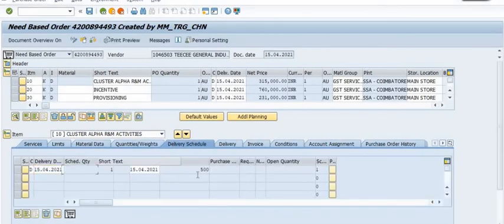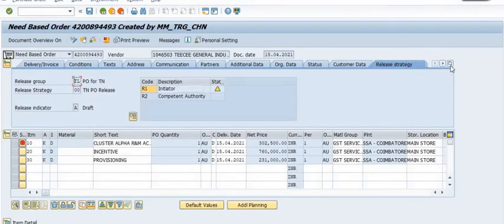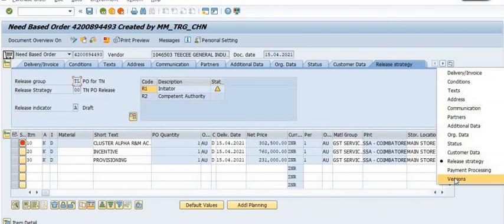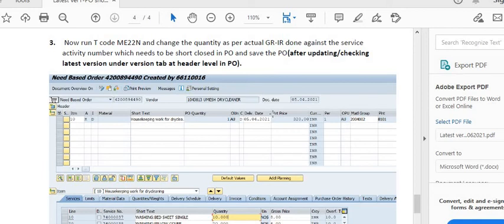Go in the services, update the quantity to 500 and click on save. Go in the version tab, complete this and click on the save button. Once you click on the save button, this purchase order has been updated.